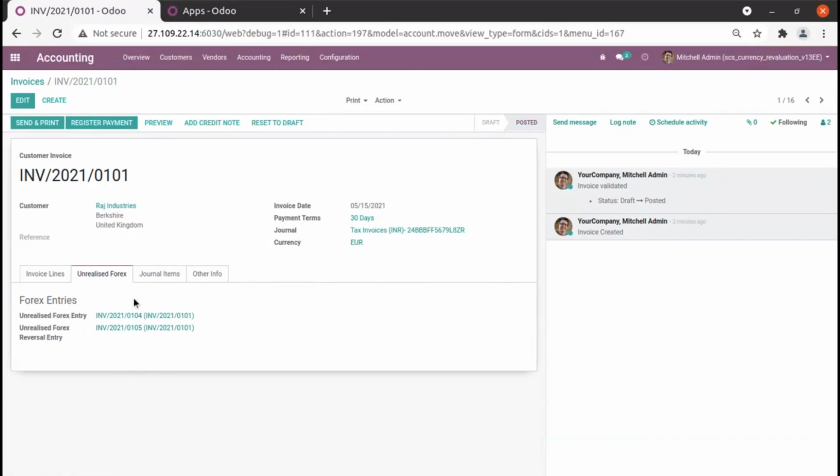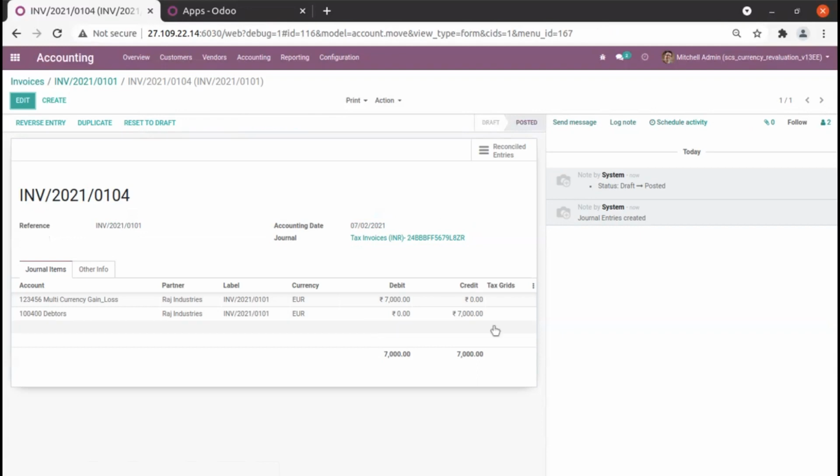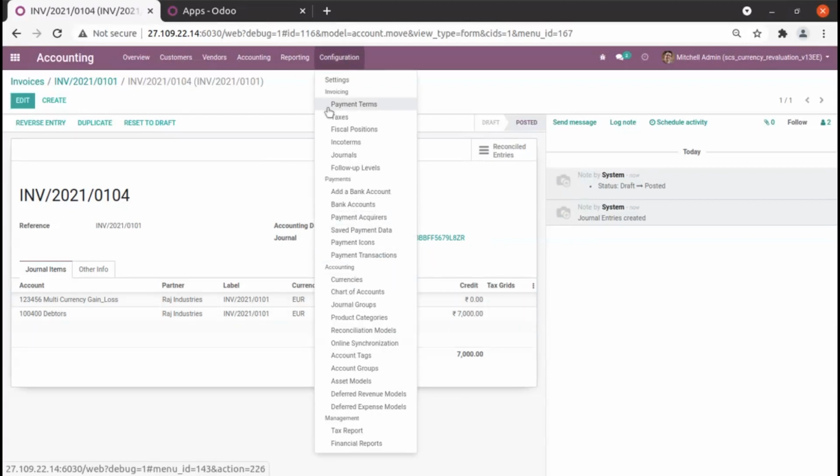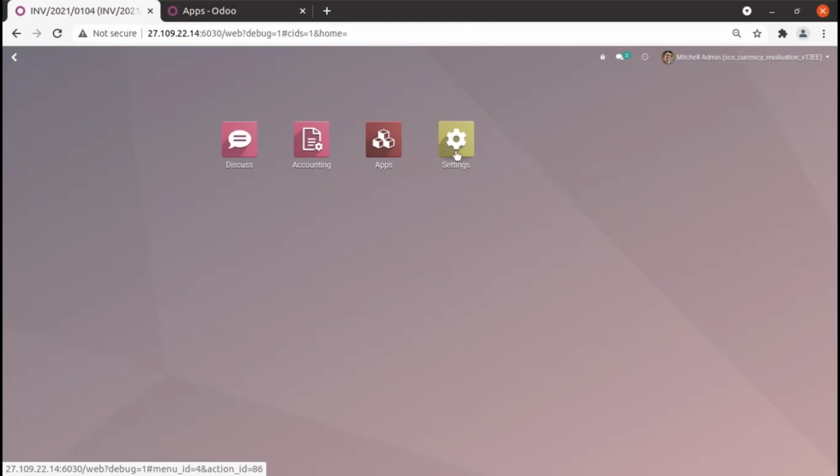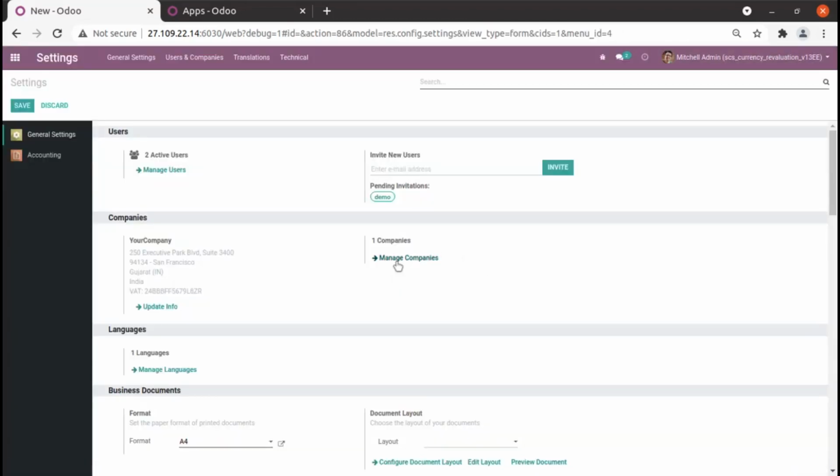First one will be forex entry and second one will be its reversal entry. So what we will do, we will check that entry that will be in euro, the currency in which it was sold, and whatever the debit or credit that is to be done, that will be in base currency.